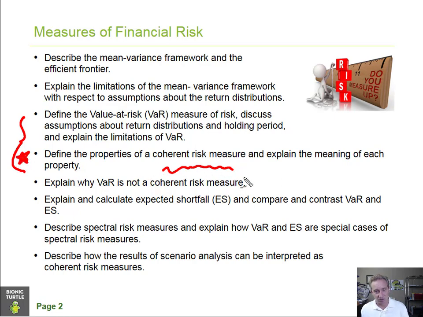Coherence turns out to be an important criteria for us, and we'll understand then why VAR is not coherent, which raises the question, well, if we want something that's coherent and VAR is not coherent, what should we use? And in the FRM syllabus, the answer to that is the expected shortfall, and that was even before expected shortfall replaced VAR in the fundamental review of the trading book under the Basel regulations. So Kevin Dowd's ahead of his time in that respect, and then we take a look at some of the theory with spectral risk measures.